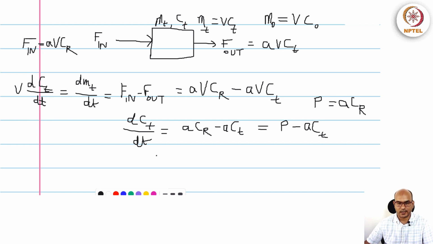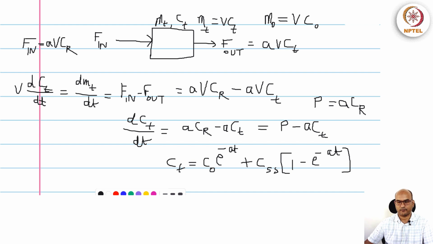So again here we have C at t. This is also again similar to the previous equation. So here again we can give C(t) as C0 e to the power minus At, plus C_SS times 1 minus e to the power minus At, where C_SS will be actually C_R,